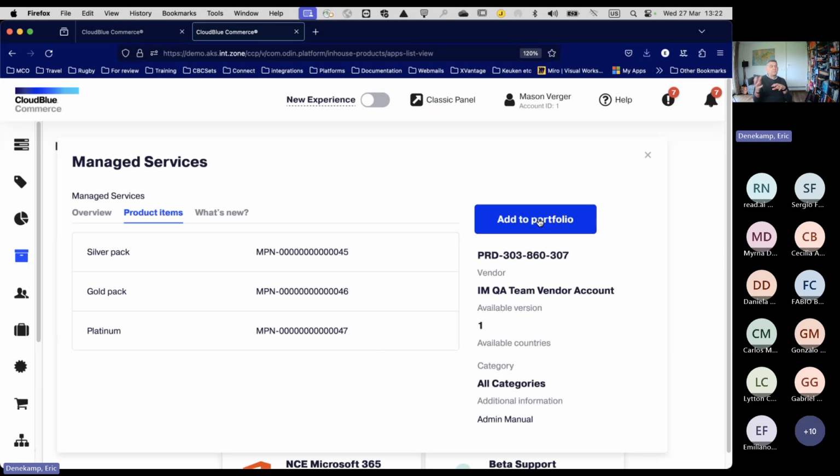What happens is the commerce system will connect to the Cloud Blue Connect system and say, okay, I want to import this product. What happens on Connect is an APS package will be generated. And the fun part is the technology of APS is still there, but we have a platform that generates those APSs. It will generate the APS and send it to the commerce environment. The commerce environment will install that APS package.